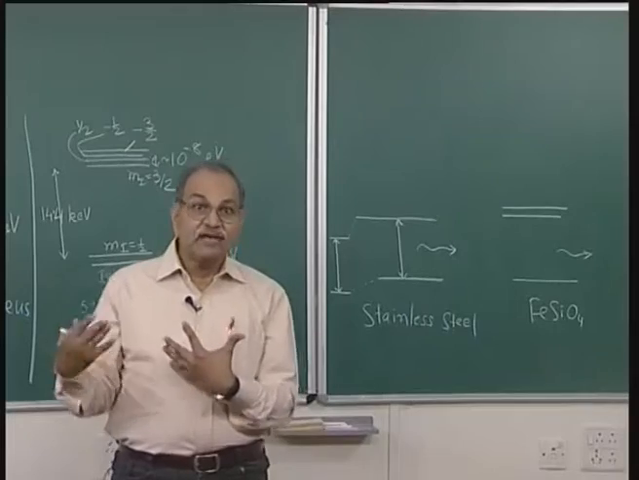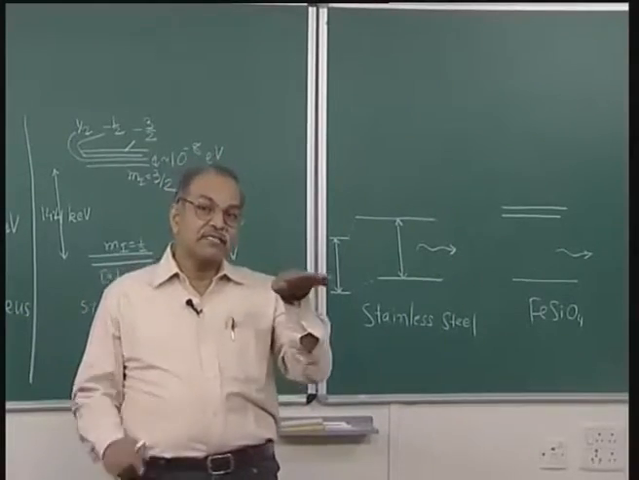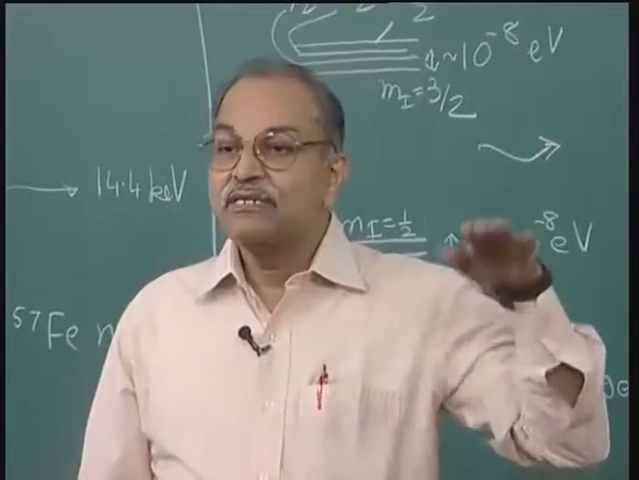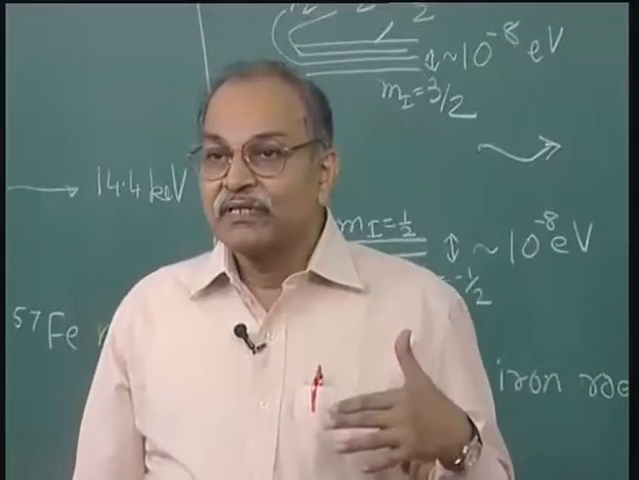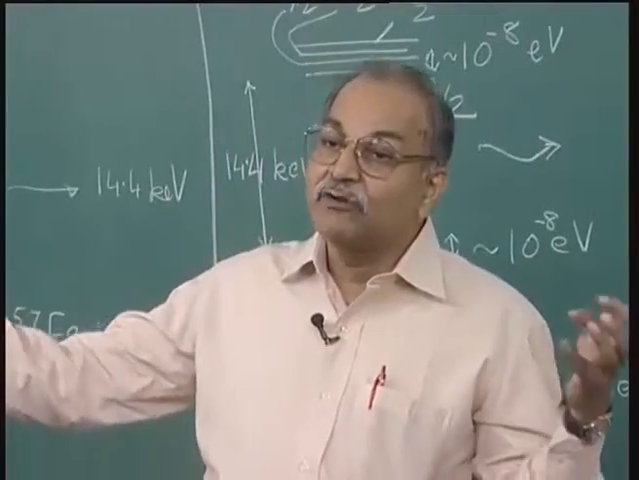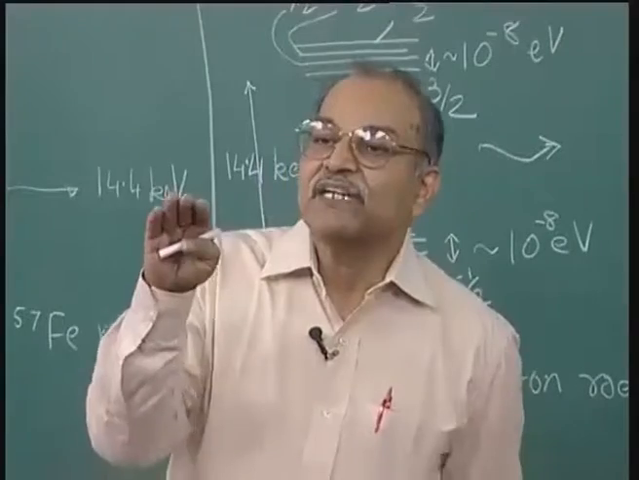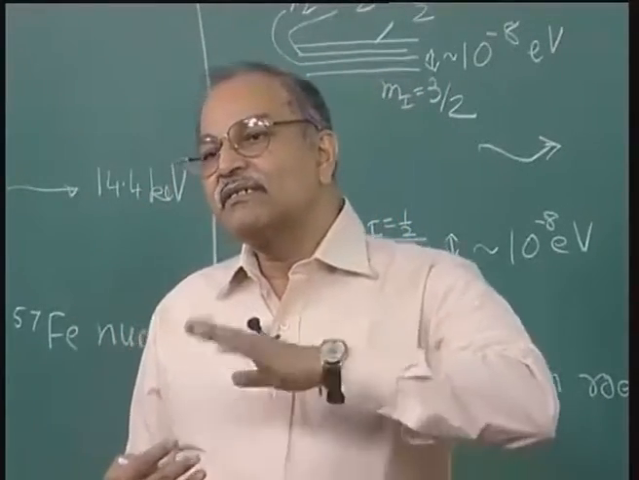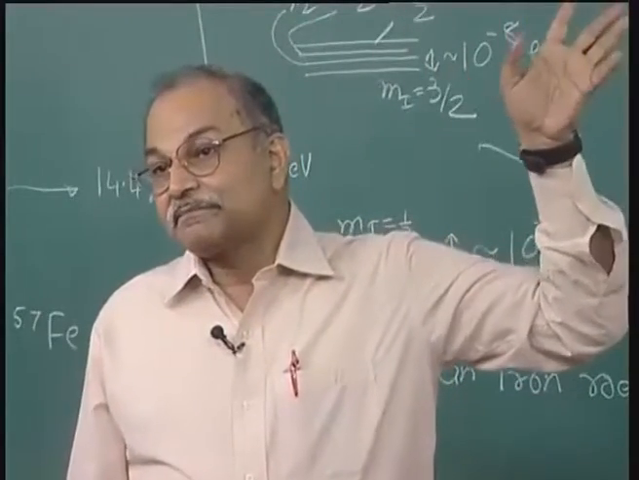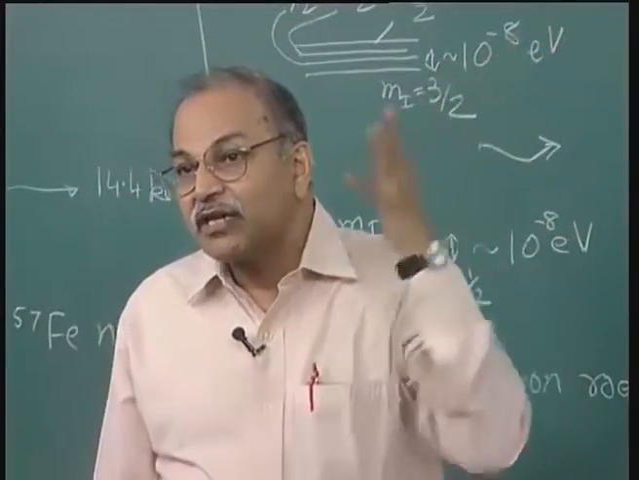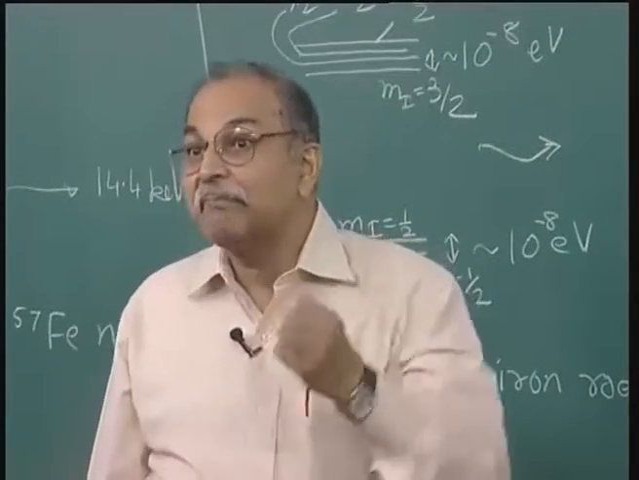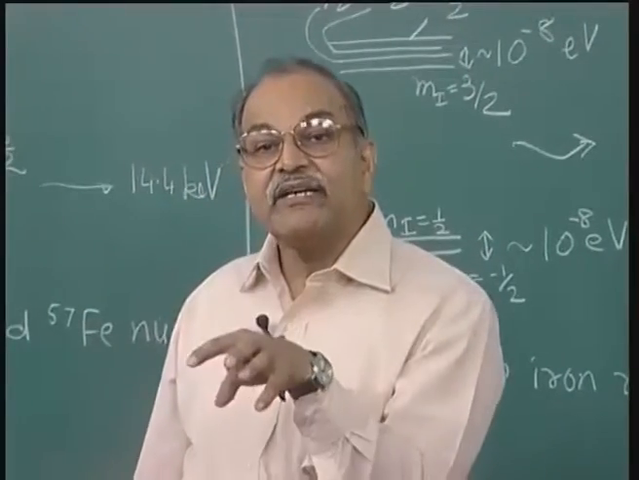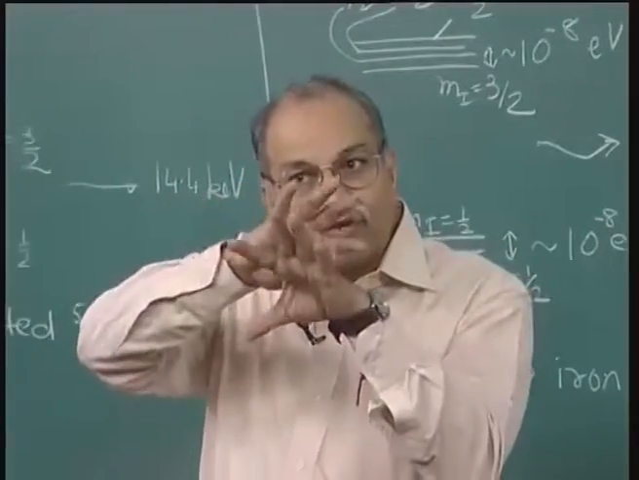Maybe there is a splitting: I have some gamma rays of one energy, some gamma rays of another energy, but the difference is only of the order of 10 to the power minus 8 electron volts. So, in 14.4 kilo electron volt, a difference of 10 to the power minus 8 electron volts is say 1 part in 10 to the power 11 or 12. So, with this accuracy, if we can measure these changes, then we can gain insight about that atomic or solid